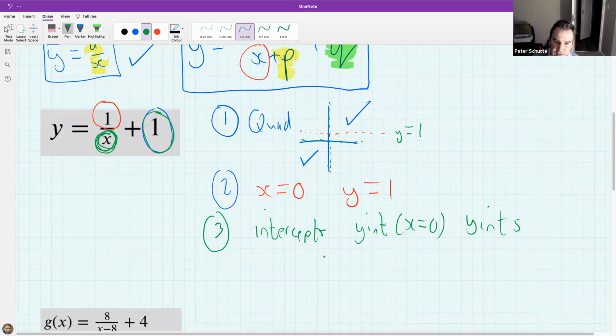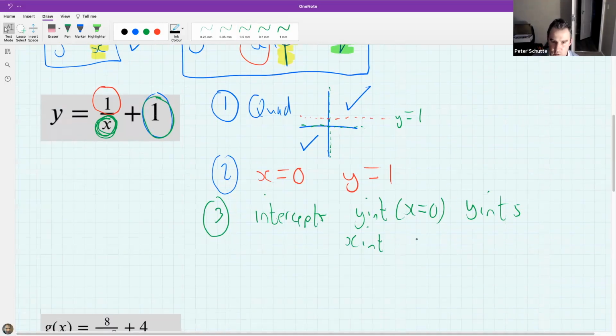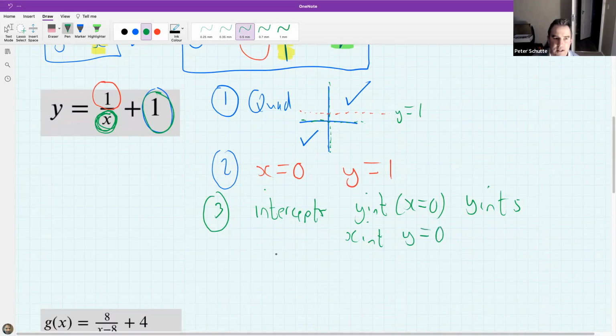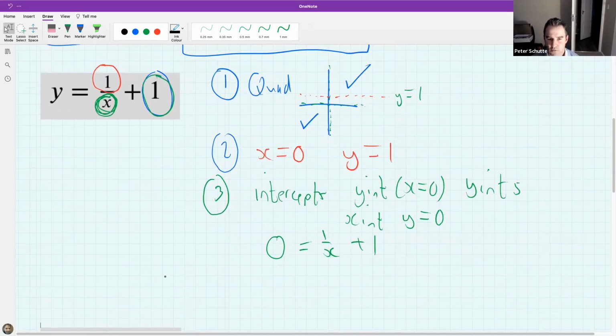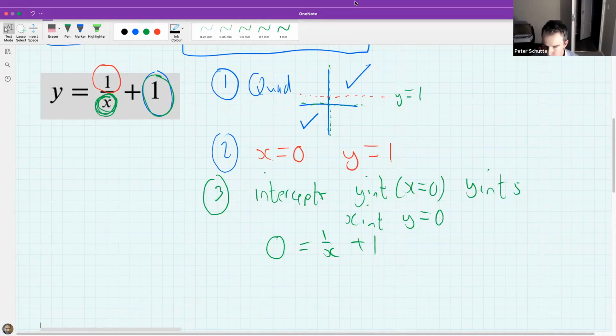Now, if I want to find the x-intercept, what I need to do is I need to make y 0. So let's make y 0. And I want all of you to try and solve that equation for me. How would I solve 1 over x plus 1 equals 0? There's a couple of ways we can do it, but